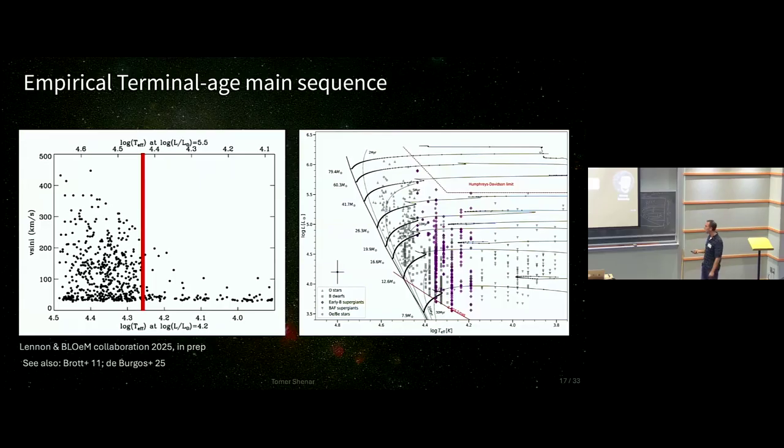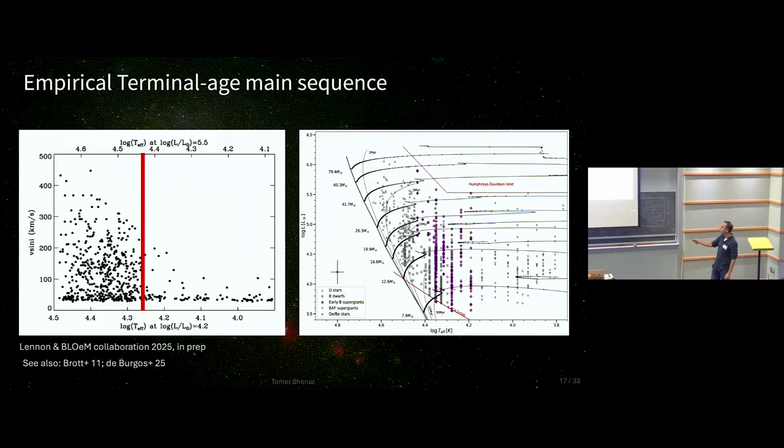Actually, this sample is pretty interesting because it lies more or less where massive stars leave the main sequence. Some of them could still be on the main sequence, some maybe are not. They can really help us tell when stars actually finish the main sequence. That's not something we can pin down, as the terminal age main sequence shifts based on certain assumptions in the models. And this is a first attempt at doing that in this sample, by Danny Lennon in our group.